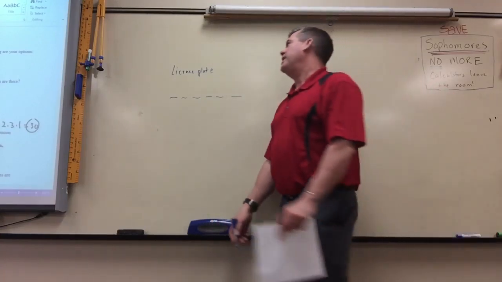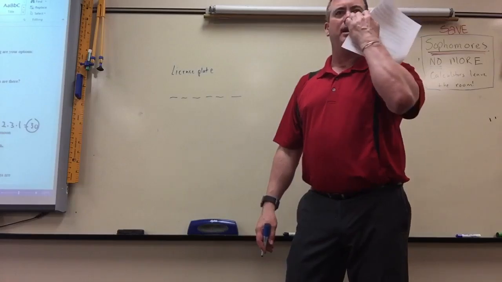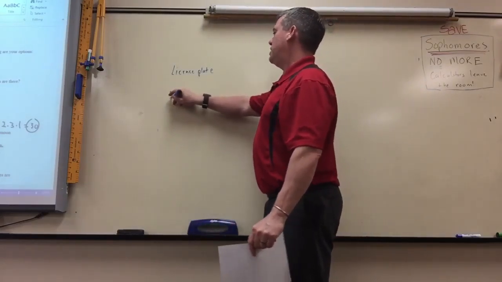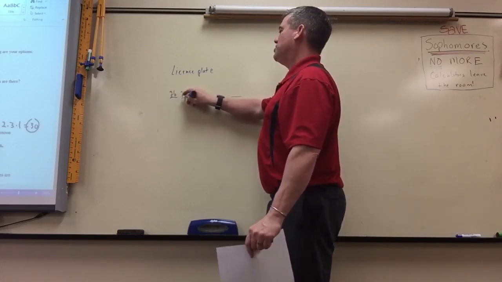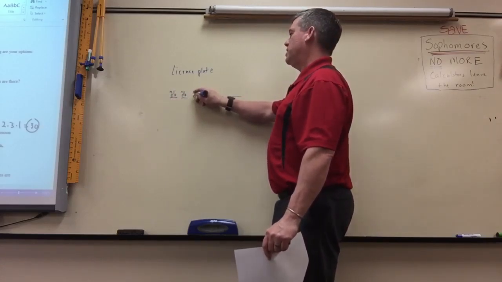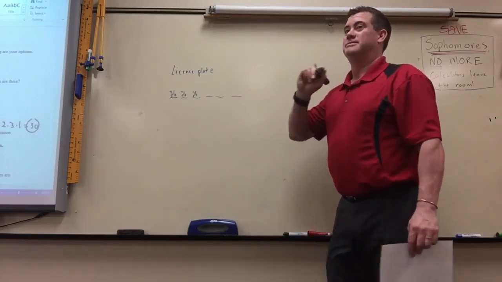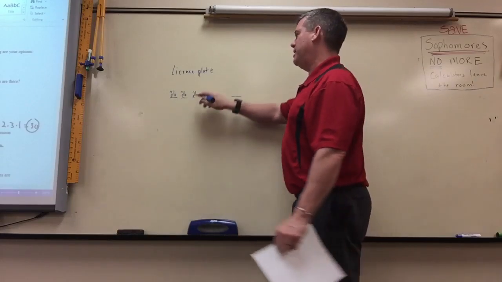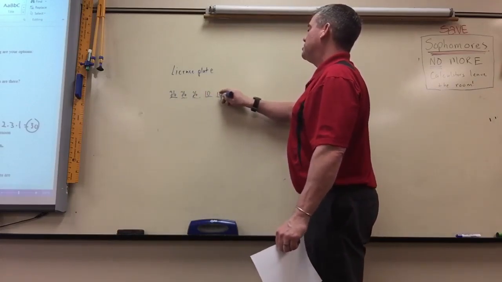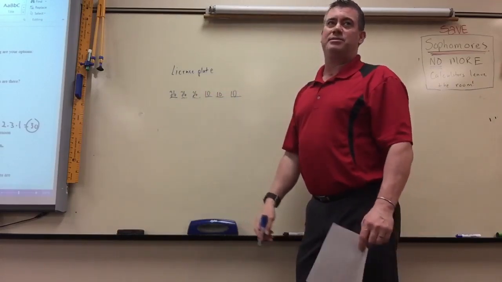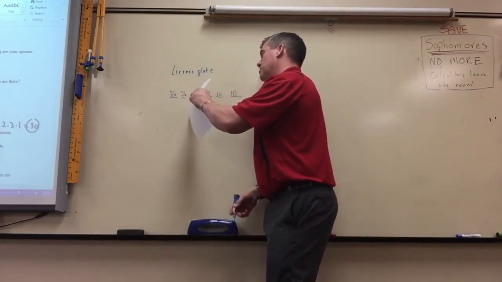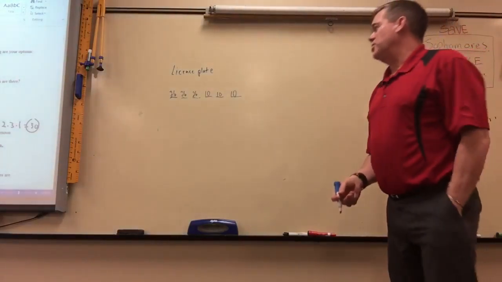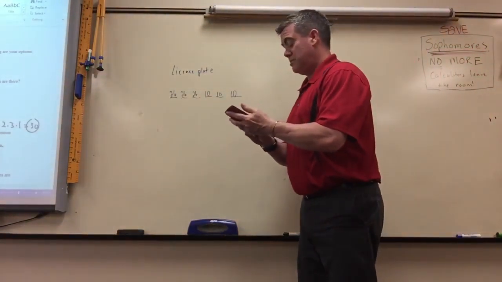So if they asked how many different combinations there could be on a license plate, how many different letters could there be? 26. How about here? 26, because they can repeat, right? Yep, 26. How about here? 10, because you have to count 0. 0, 1, 2, 3, 4, 5, 6, 7, 8, 9. So there are 10 numbers. So to find out how many combinations there would be, it would be this times this times this times this times this times that. So obviously you wouldn't have to make a tree diagram of this.